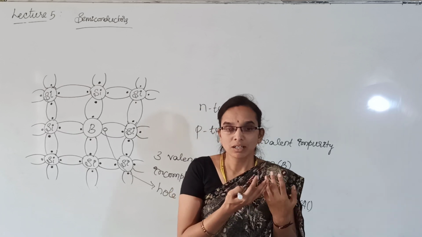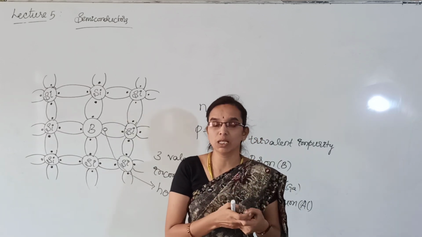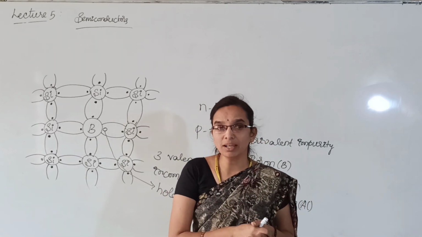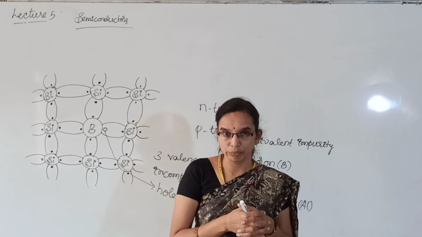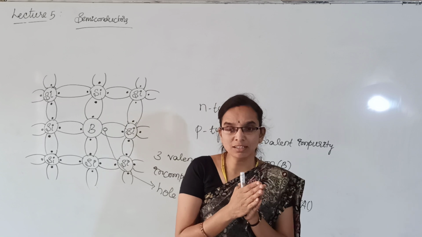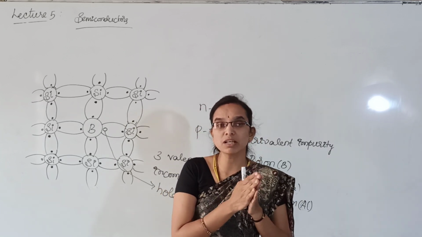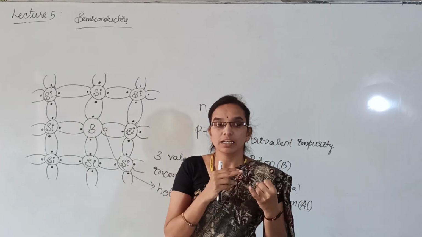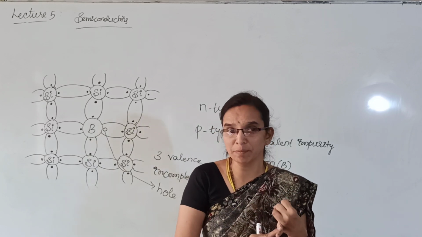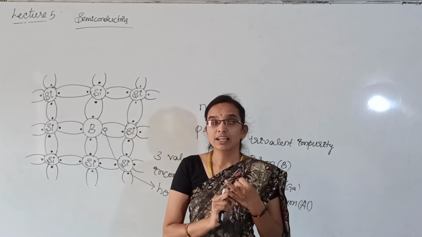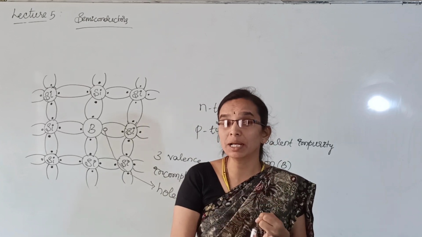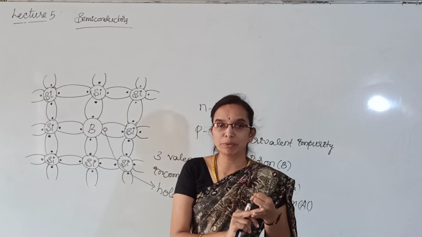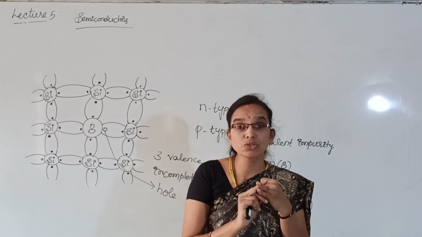So, what is the work of holes here? Holes will not keep quiet, they start attracting the electrons from the neighboring atoms. In this way, you can expect a hole current over there. What is the main purpose of doping? The main purpose of doping is to increase the number of charge carriers so that to increase the conductivity. In N-type semiconductors, we will add pentavalent impurities, and pentavalent impurities are also called as donor impurities because it donates one free electron for each atom of impurity. So, they are called as donor impurities.